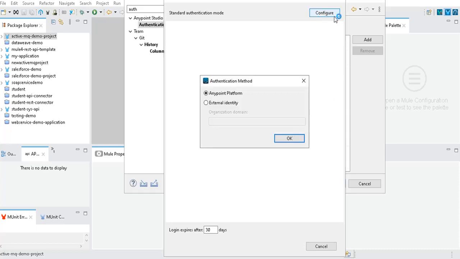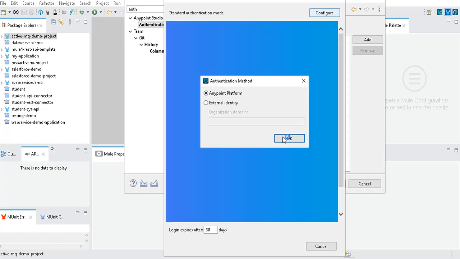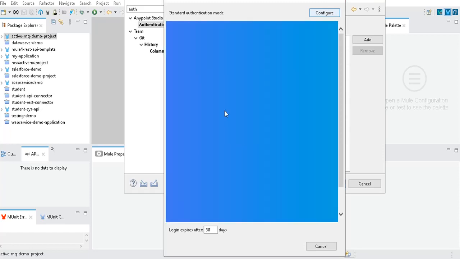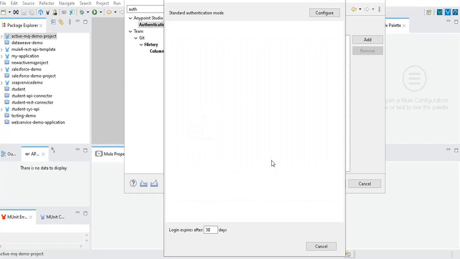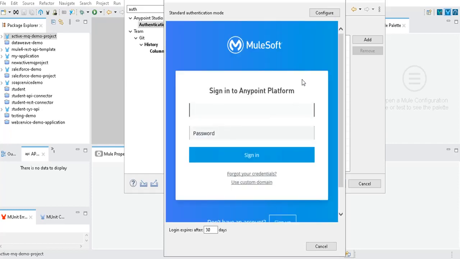Once you click on configuration, it will ask you for your credentials, or if you are tagged to any project or any client-specific licensed version, you need to select the external identity there. Now my browser is getting loaded, so I can enter my username and password for the account I am going to add, click on sign in, and this authentication will be added.